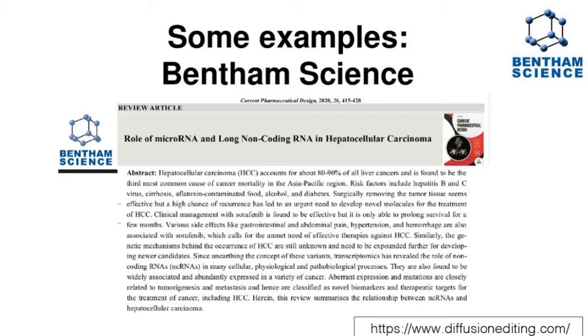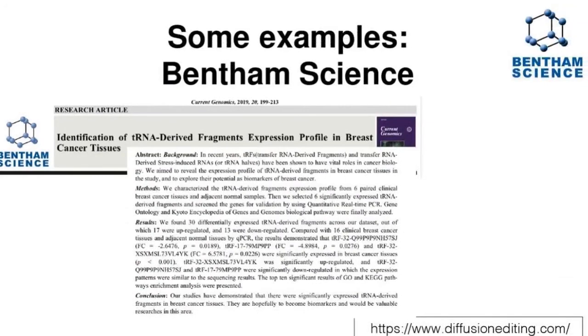What did you do? What did you find? And what did you conclude? In that sequence, in that structure. Here's another example, this time from Current Genomics, one of the highest profile journals published by our colleagues at Bentham